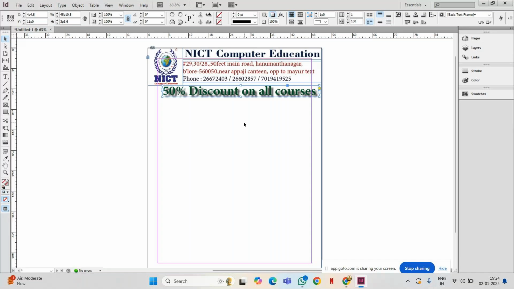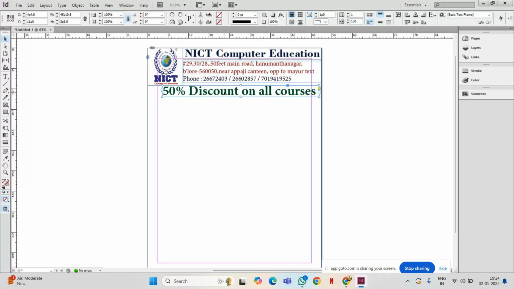See, only because I have not given any fill color here, shape fill color. Shape fill I can also give it here. Fill is X and stroke is also X. If I click X, you will see the fill. Shift X means you will remove it. Here, because I have not filled any color, it has taken the text only. The same way you can give it here, but I'm not giving any